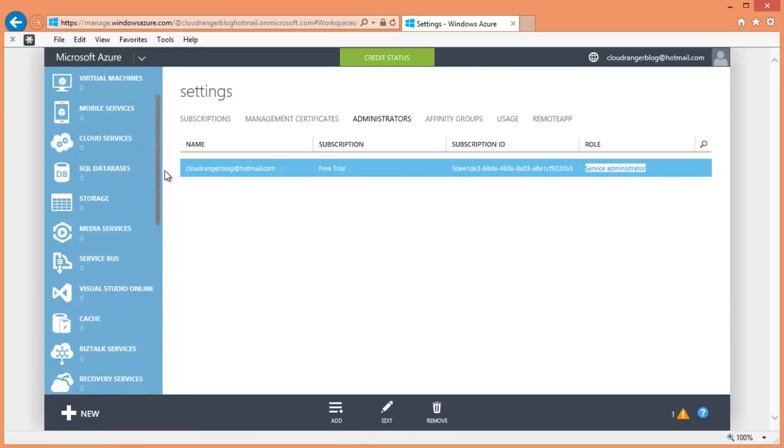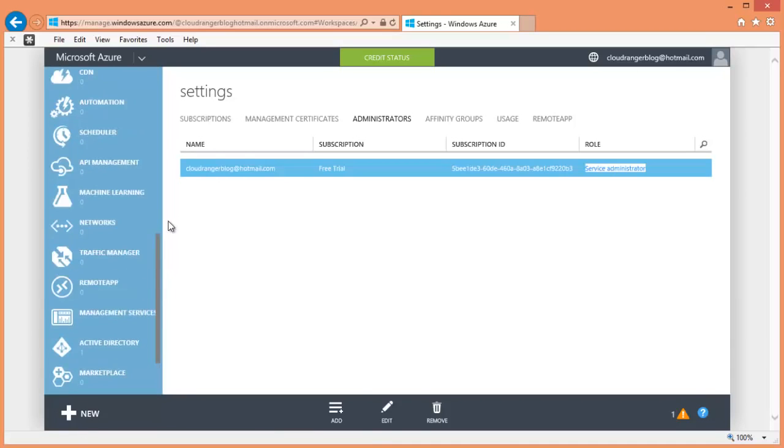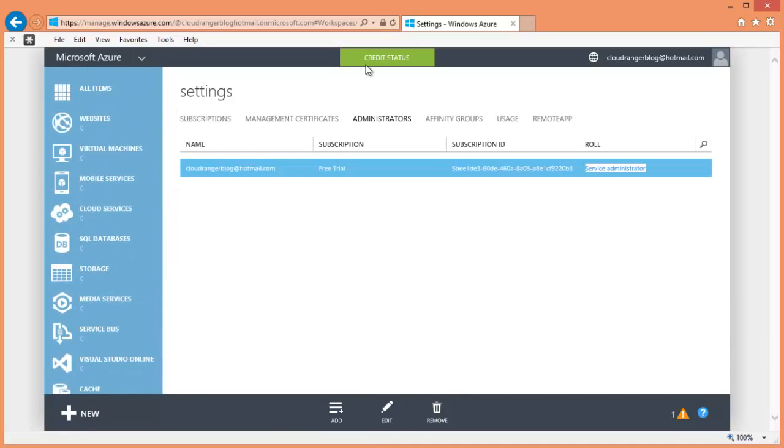At this point, I do not want to go further about this portal and what is where. We'll have an entire separate section dedicated to going through each item in this portal and showing you what can be done from here, so we'll dedicate a different session for that. But for all purposes, this is what the management portal is for Windows Azure. If anybody tells you to log into the management portal, this is where you come,